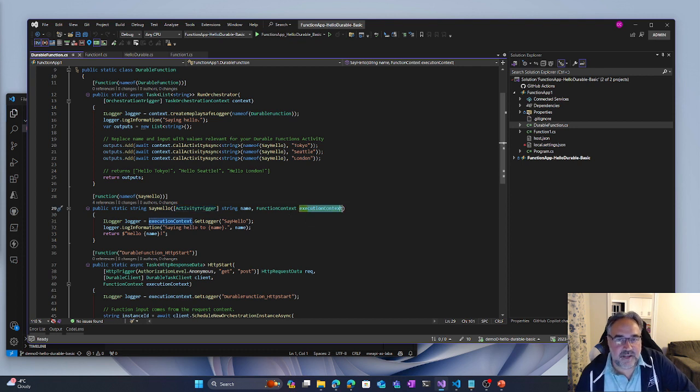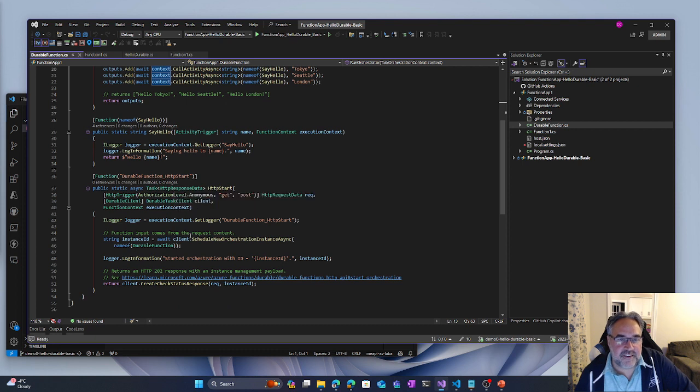And the context will get passed in, and then whatever data is coming in, so in this case it is name. In my orchestration function, I have the orchestration trigger. Again, the context is passed in. And then if I go back to my starter function,